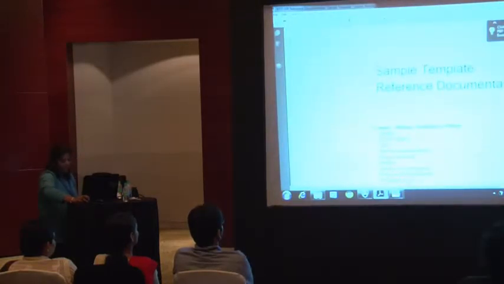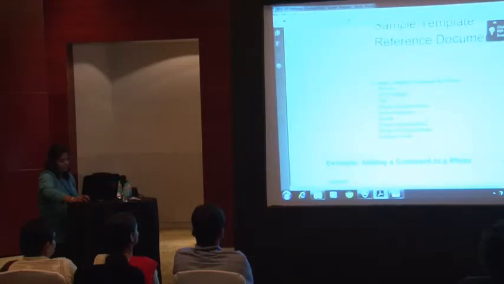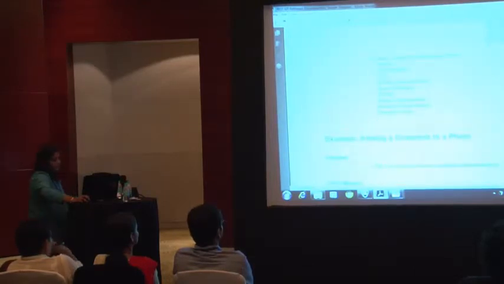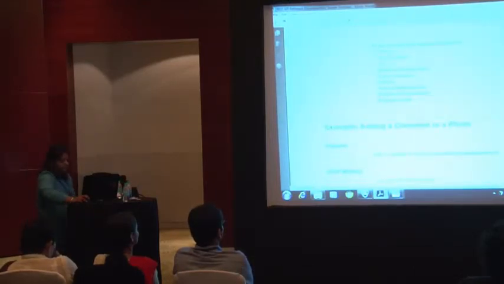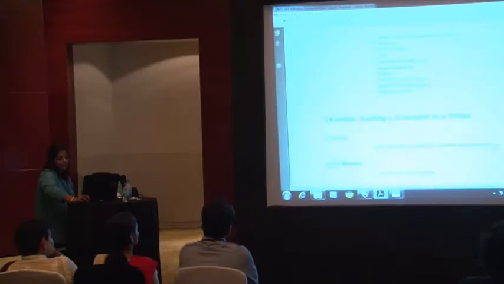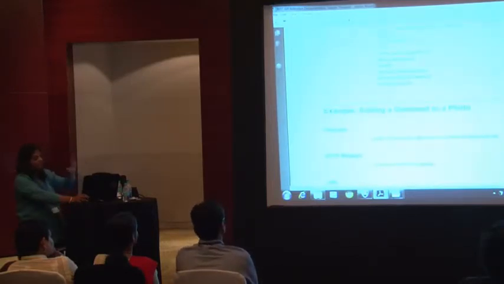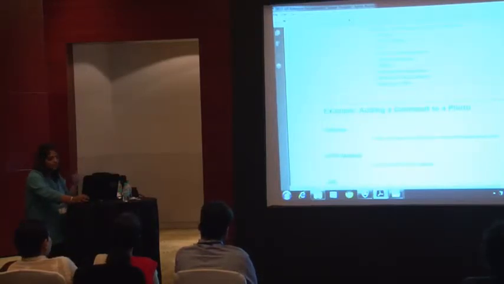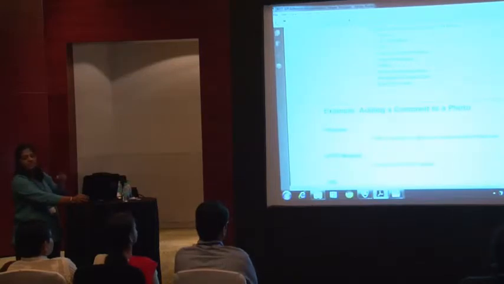So the first and foremost element that I add is the purpose. The purpose describes the usage of the REST API. So I say this REST API adds a comment to a photo as a currently authenticated user. The important information here is that not any user can add a comment. The user has to be registered to Flickr and his credentials need to be authenticated.